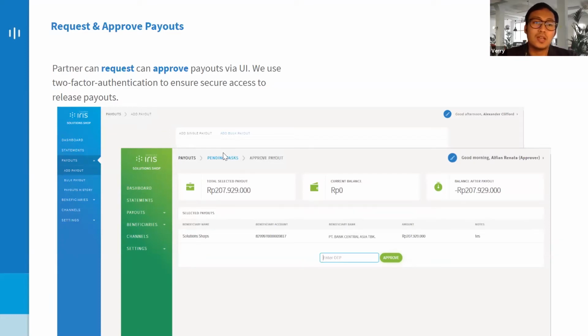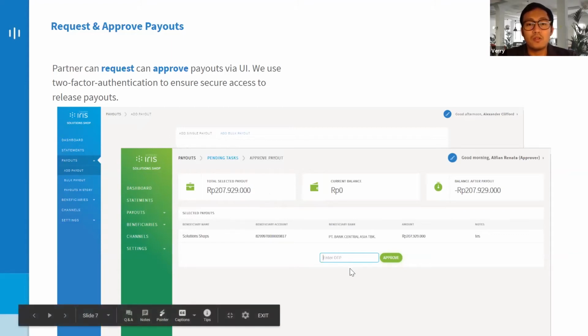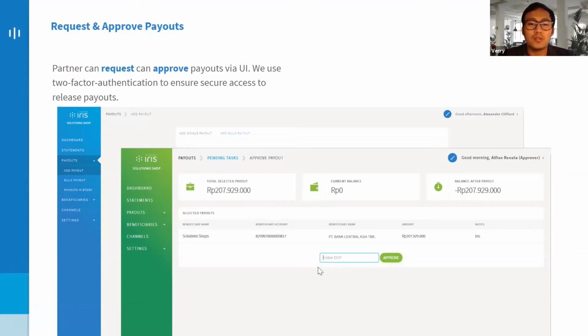Typically, the way our clients use these two features, the finance staff who want to do the payout will be the requester, and the finance manager, or sometimes even the CFO, is the approver, right? And the approver flow is secured by OTP authentication. So it improves the security of the payout operations.